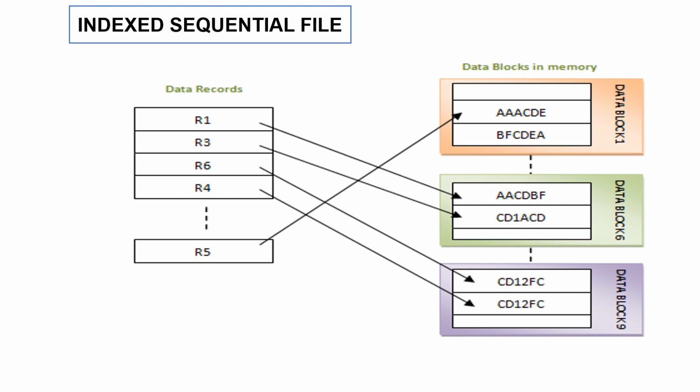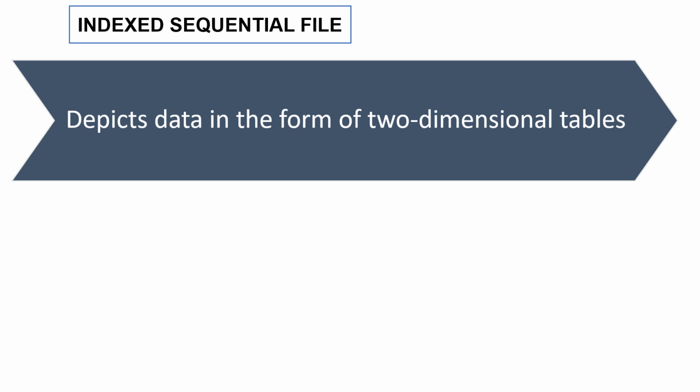This is another example to show that the data records are stored in different data blocks in memory, based on the value we request and what index we set up for the database. Okay, an indexed sequential file depicts or describes data in the form of two-dimensional tables,